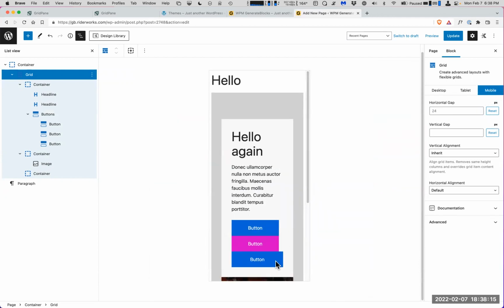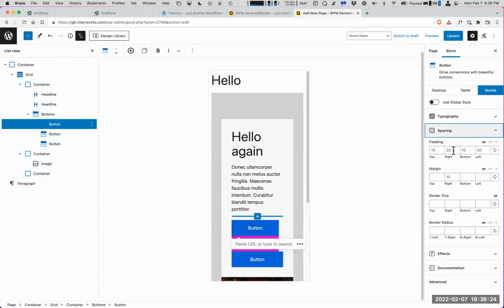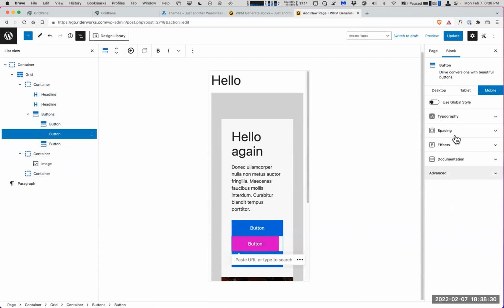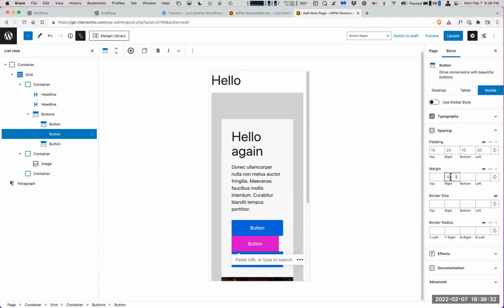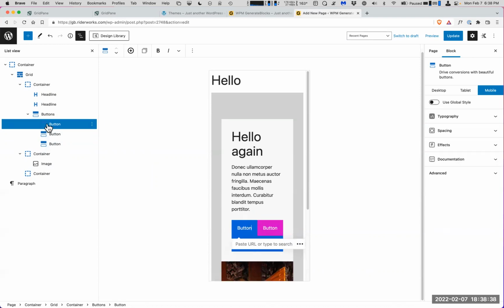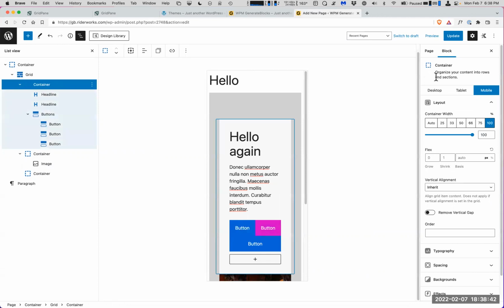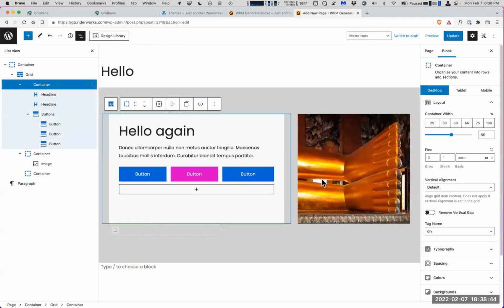As you can see, I haven't set this up because we added those margins over here. I would just remove this in mobile. So go back to 0, got rid of that one, and this one, and going back to spacing, and we take the margin out also. Oh, actually, it doubled them. Nice, interesting. So if I go back now to the container and go back to the desktop view,